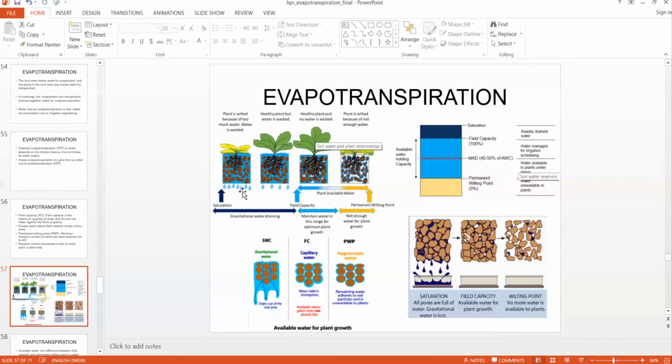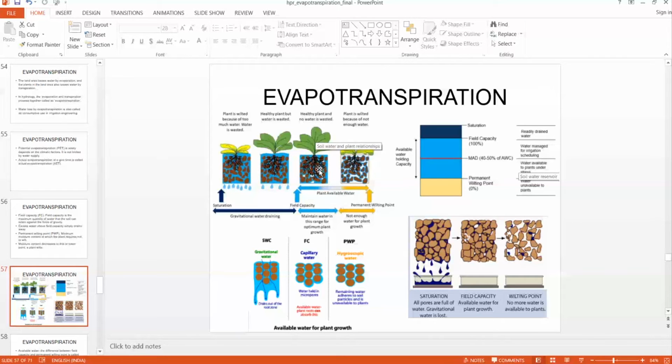Okay, once the water which can be drained by gravity has drained, the leftover water is called field capacity. So you see that at field capacity, not all voids are filled with water. Some voids are without water, and this is the favorable condition for the plant to grow. So from field capacity, this water is taken by the plant, and with time the water decreases.